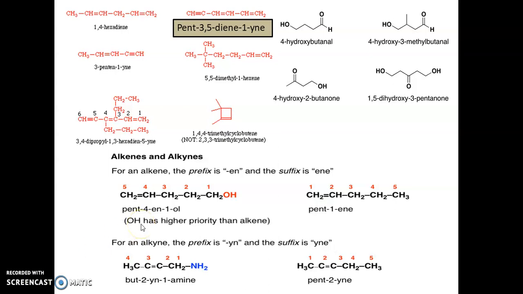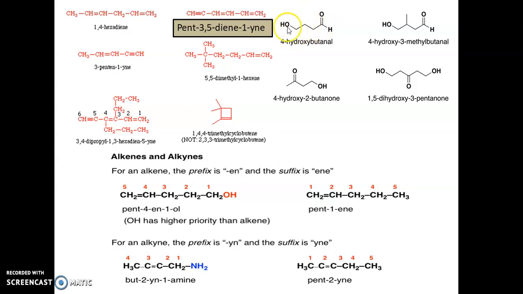Now let's move on to the next one. Here you see this is the compound OH, CH2, CH2, CH2, C double bond O, H. That means it is the functional group CHO. This is an aldehyde group, correct? And there is the alcohol group. So who will get the priority? Obviously the aldehyde group will get the priority, and the aldehyde group contains a carbon atom, so this carbon atom must be numbered. So we have to start the numbering from the right side. So carbon number 1, 2, 3, 4.